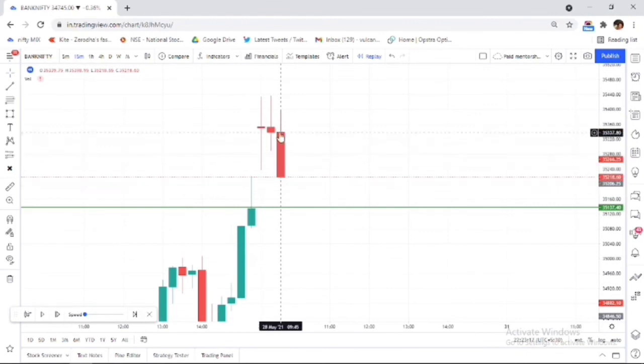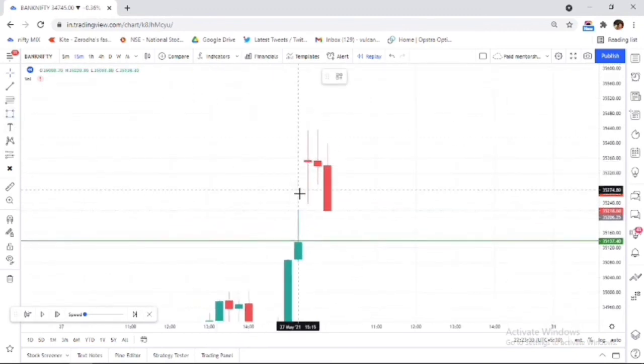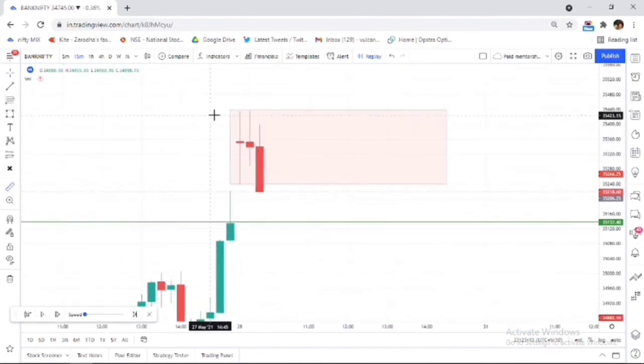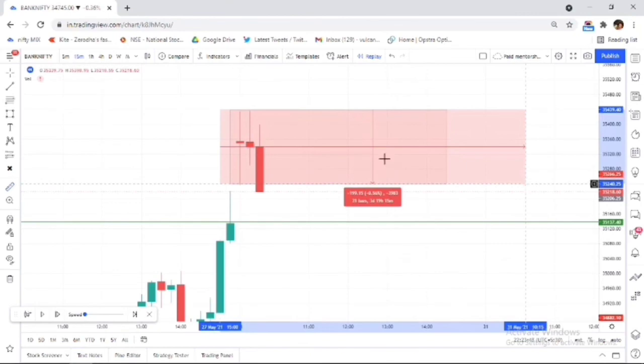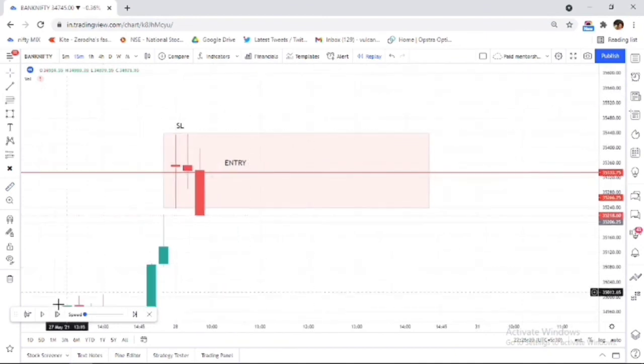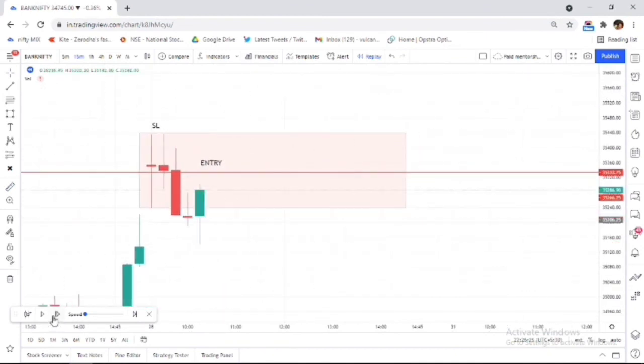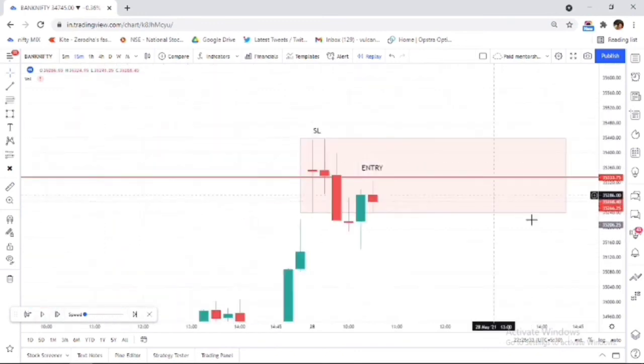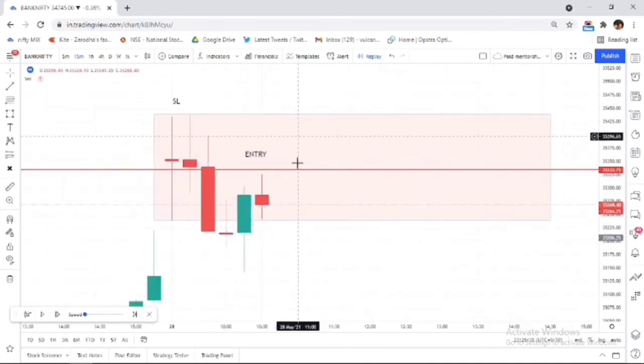So what I will do is mark the high and low of the first and second candle and divide that box with my threshold line, and I will wait for the market to come back to my threshold line. See, I will divide my box and wait for the market to come back here. Now the market comes back again, takes orders, and my SL is so close, so I will not worry about my losses.